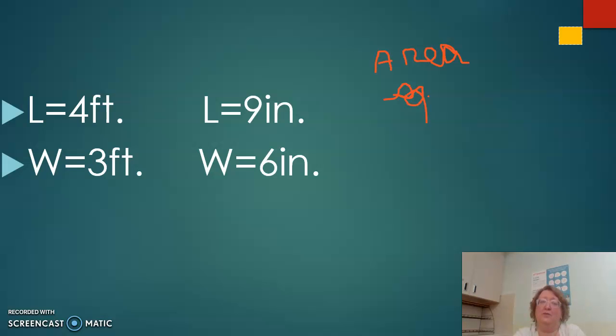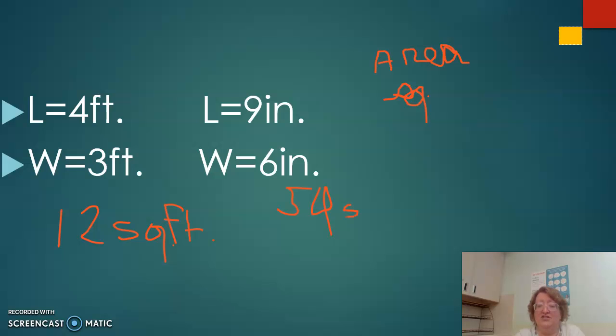Just like area of a square, being able to do area of a rectangle requires you to know your multiplication. So in this problem, what are we going to do, class? 4 times 3, and my product would be 12, and my finished answer would be square feet. Okay, square feet. Now, what is the solution to this problem? Can you give me that answer, Matthias? And that answer should be 54